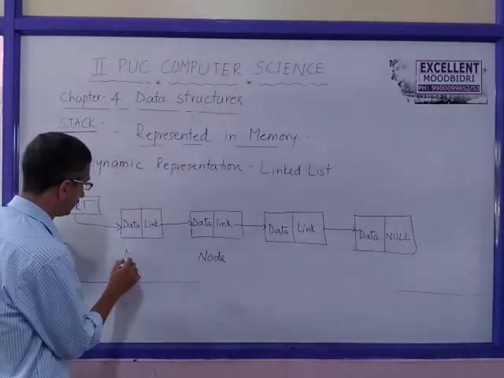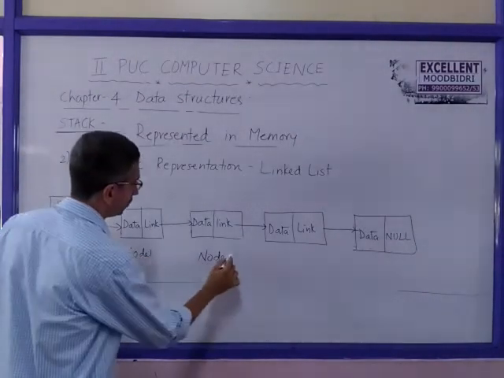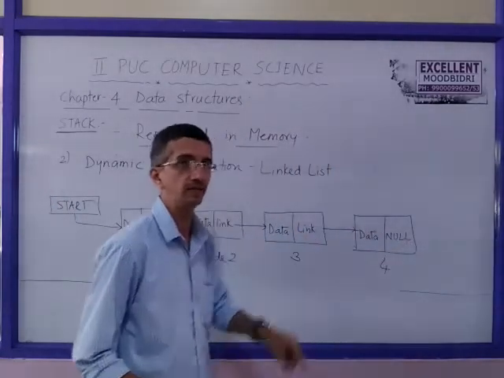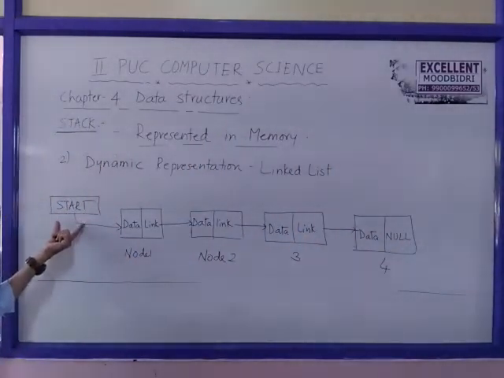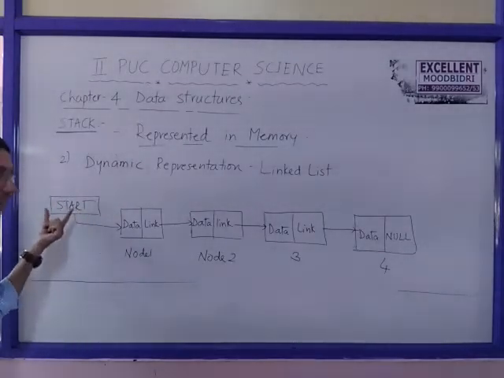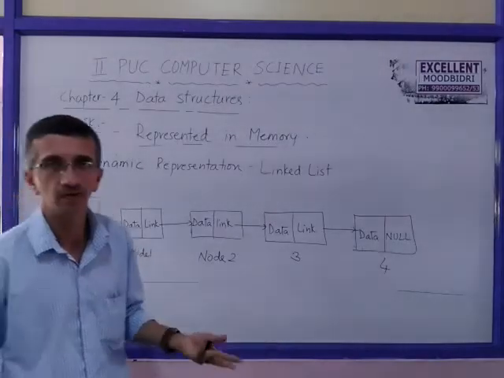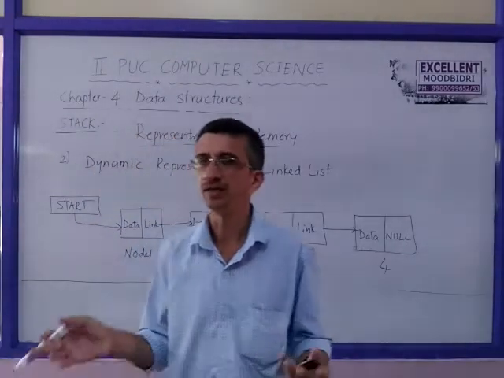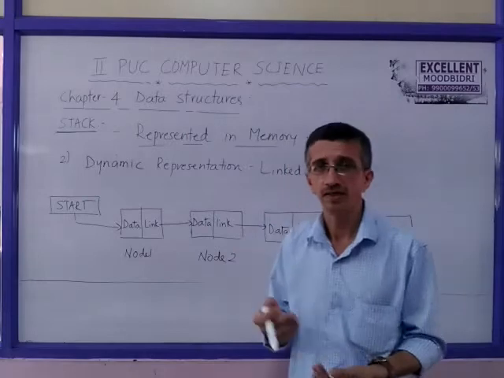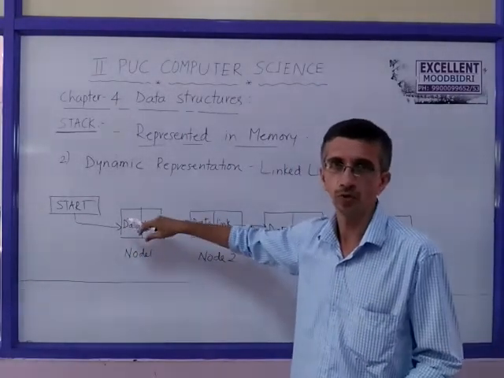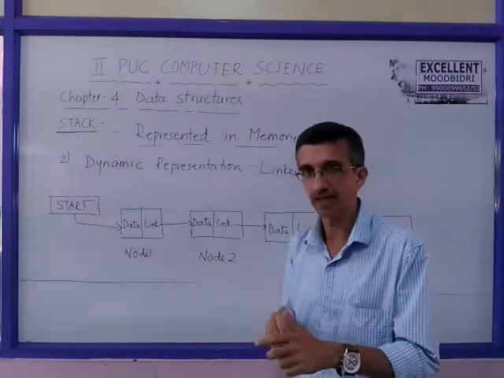So this is node 1, this is node 2, node 3 and node 4. This is the last node because null is there. So this is a pointer, as I told, start, which contains the address of the first node. Data can be whatever the user wants to process, maybe integers or composite data items, a structure, an object, whatever. This is what we want to process, which is everything present in the data section.